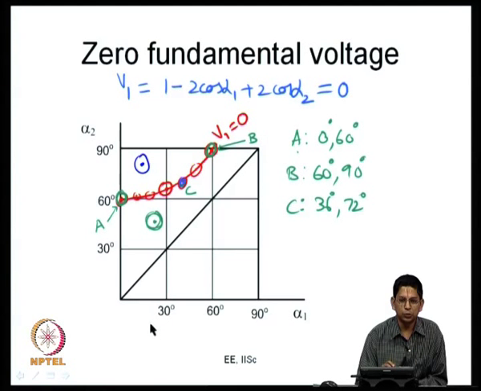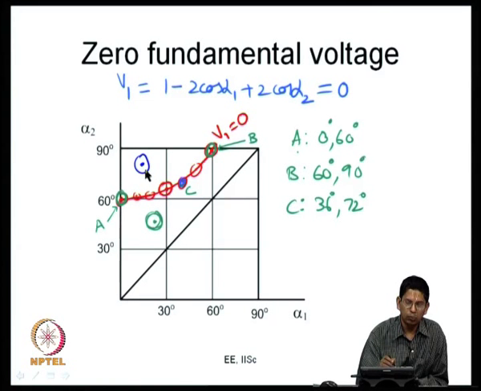So, along that, if you choose alpha 1 and alpha 2, the fundamental voltage is 0. Below that, as indicated by this green point here, it has some fundamental voltage, and if you look at blue, that also has some fundamental voltage, and these two have a phase reversal between them. Here the phase will be something, here the phase will be 180 degrees later. So, normally we will focus on this range. If you go beyond this, the phase is going to be reversed, 180 degrees different from what we would want, right.